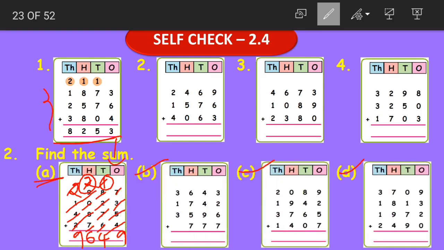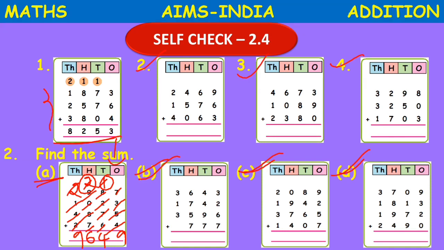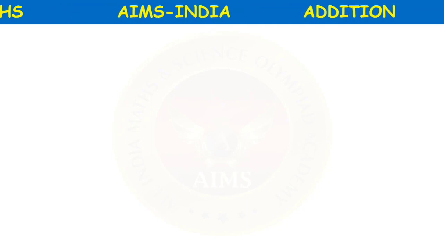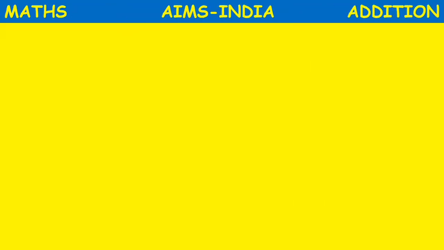Now look at question numbers B, C and D. So what is your homework today? Questions 2, 3, 4 and the question numbers B, C and D are your homework. Pause the video and take a screenshot, or pause the video, copy the questions in your notebook and solve. Yes children, I'll give you the answers tomorrow.